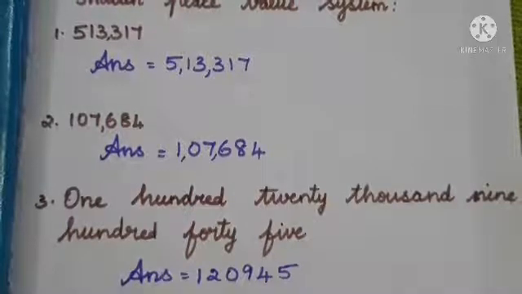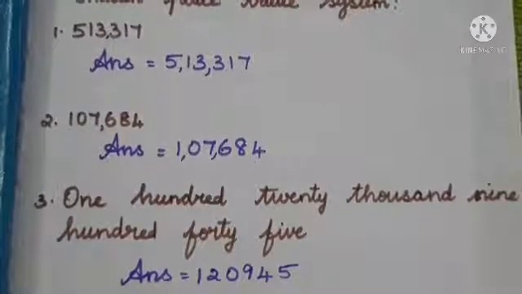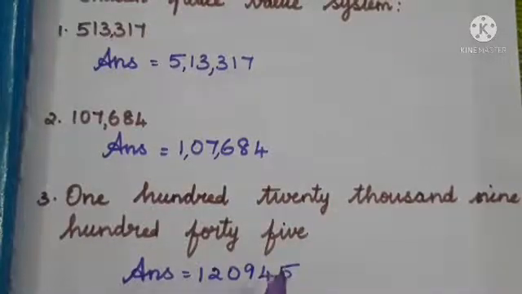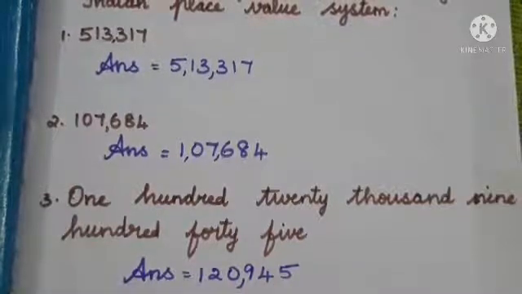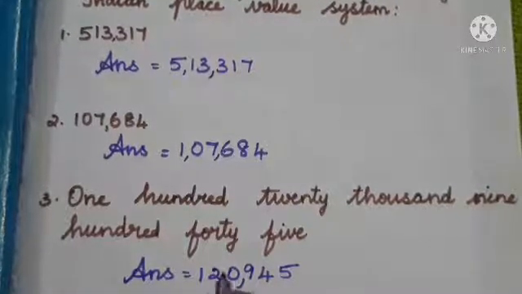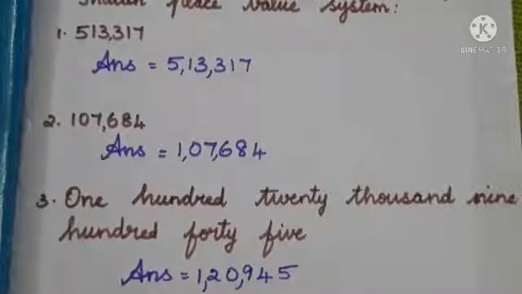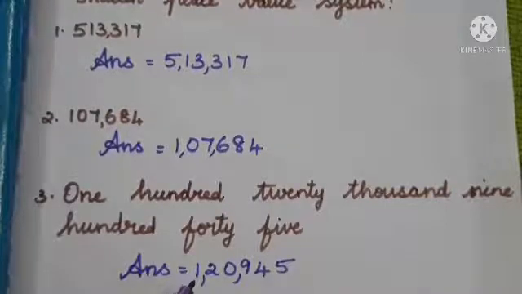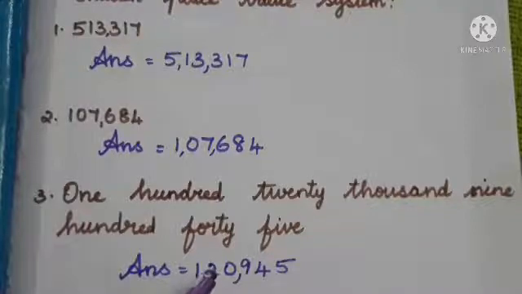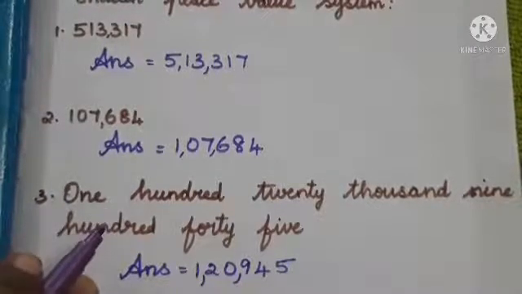Next we have to place the commas according to the Indian place value system. Here ones, tens, hundreds, and afterwards we place the comma, after the ones period. Then 1000, 10,000, and after the 10,000, that means after the thousands period, we place the comma. Next 1 lakh. So how can we read this number now? In the Indian system we read it as 1 lakh 20,945.